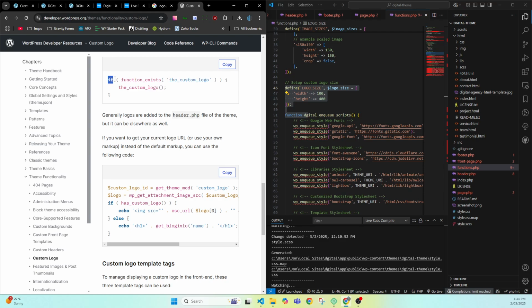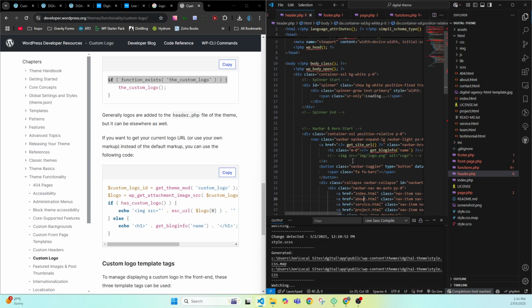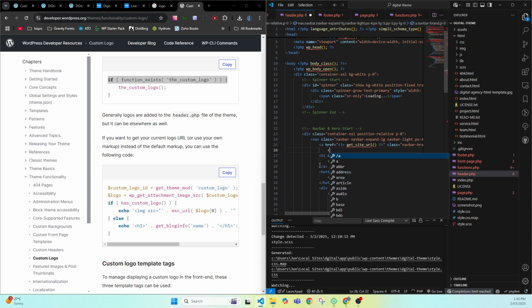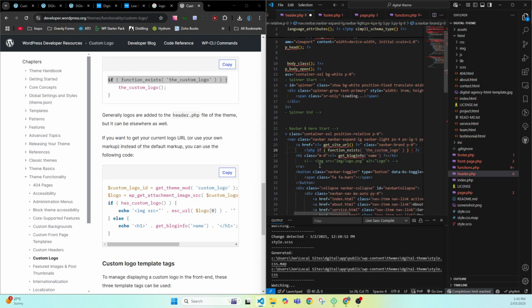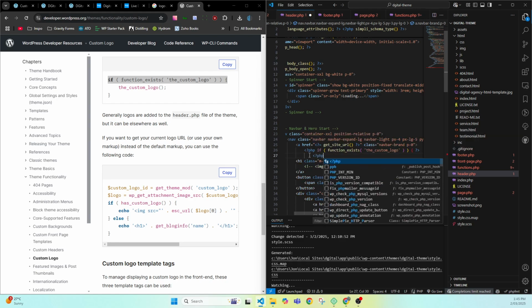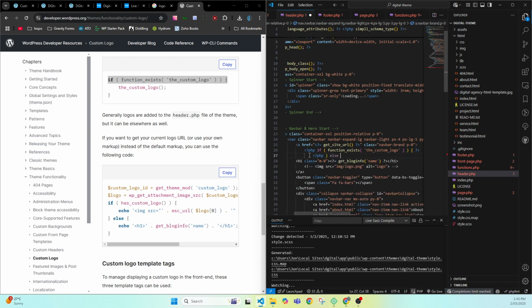So we go over in our header.php, above our H1, PHP, paste that in, and then we'll go else,